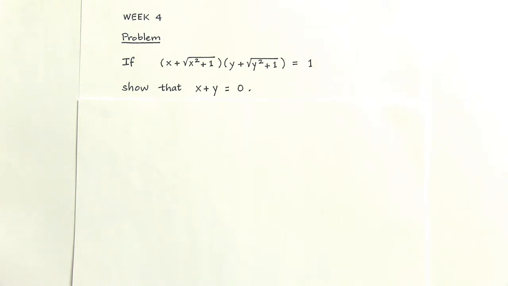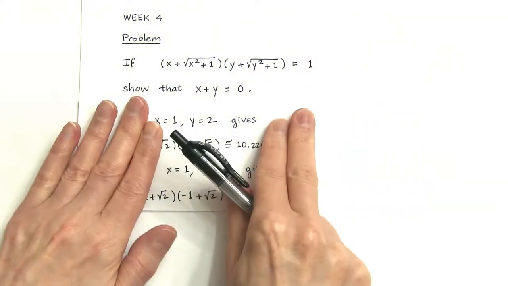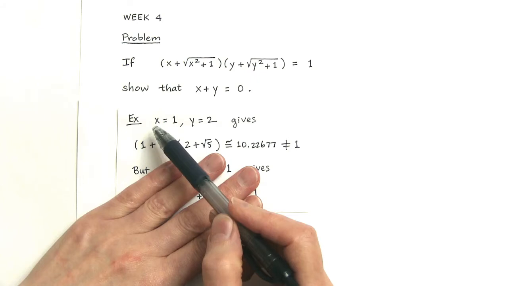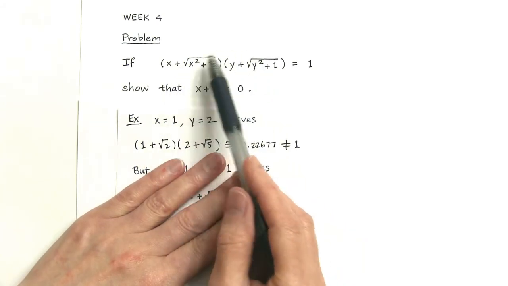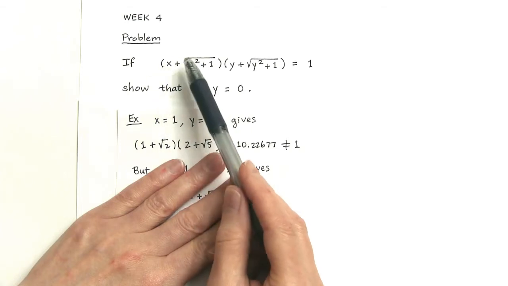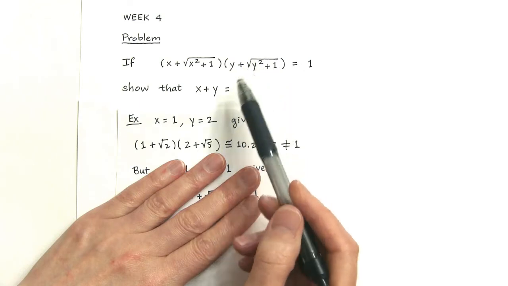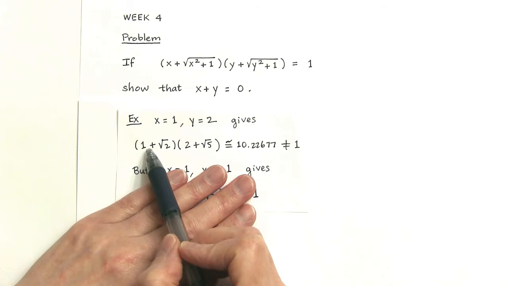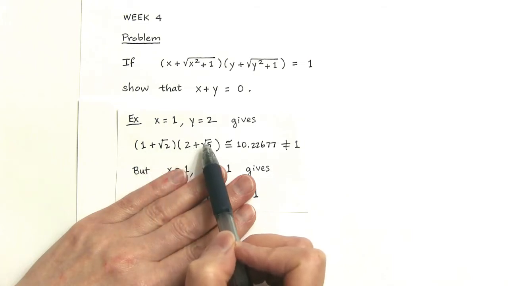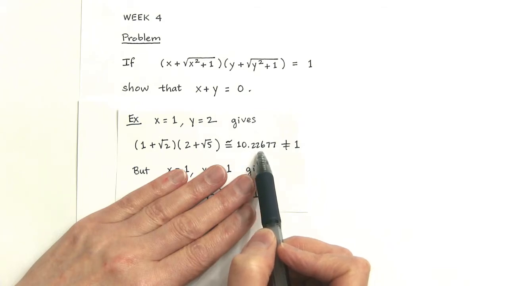First, let's note that this product does not have to equal 1. For example, suppose that x is 1 and y is 2, then this product becomes 1 plus the square root of 2 and 2 plus the square root of 5. And 1 plus the square root of 2 times 2 plus the square root of 5 is approximately 10.22, which is